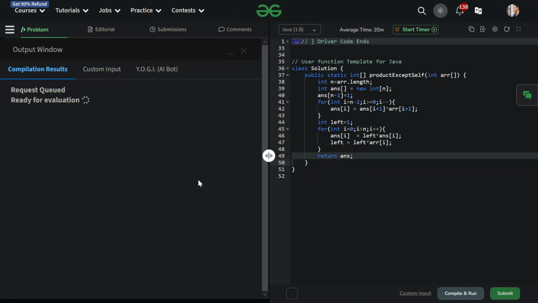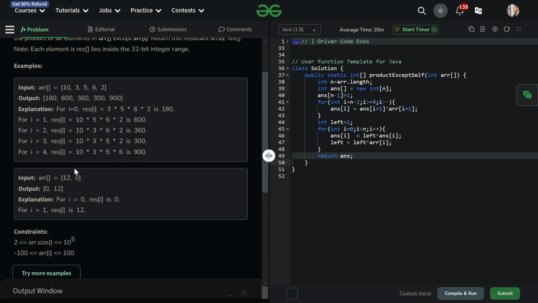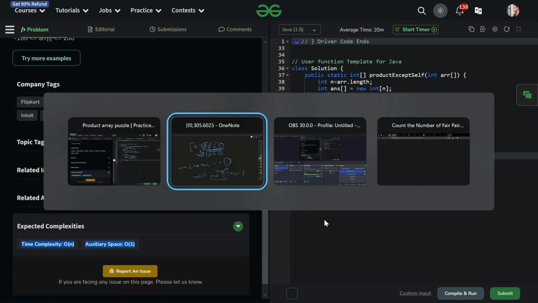Let's talk about time and space complexity. So we have time complexity order of n, space complexity constant, and we have solved this question. And I hope you learned something new. We have also met the expected time and space complexity. Thank you all for